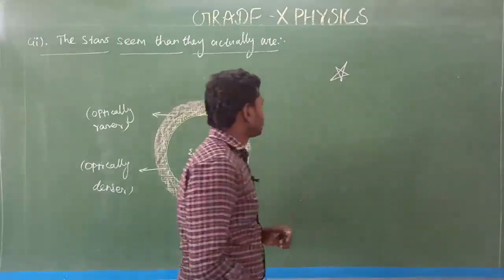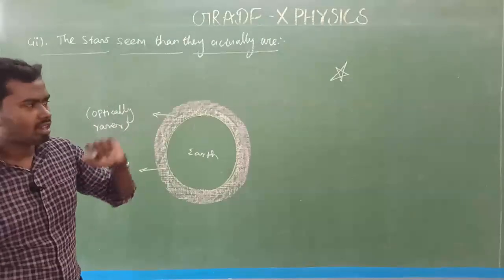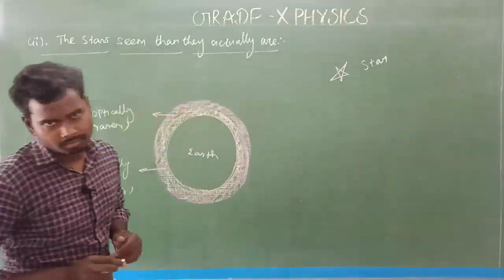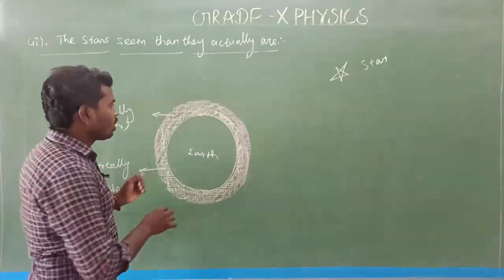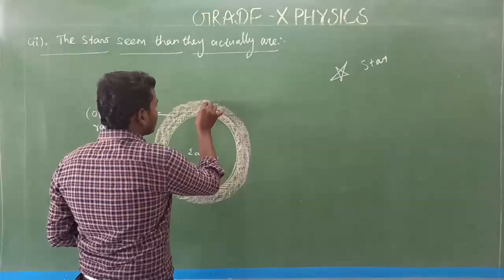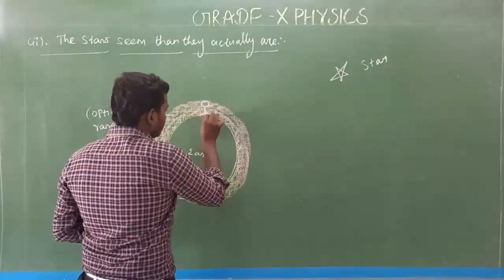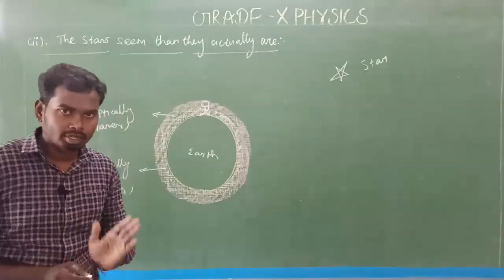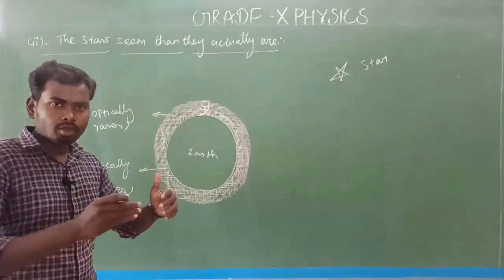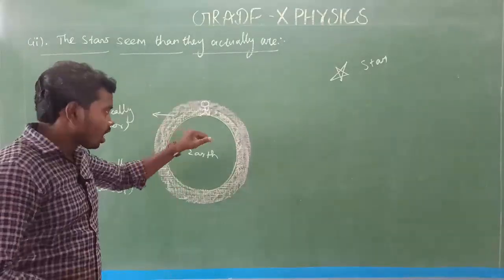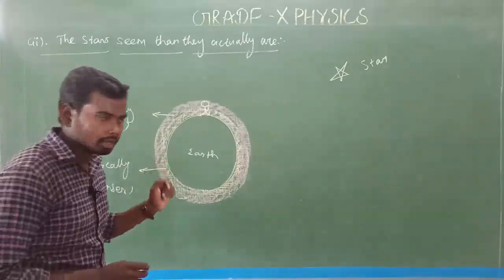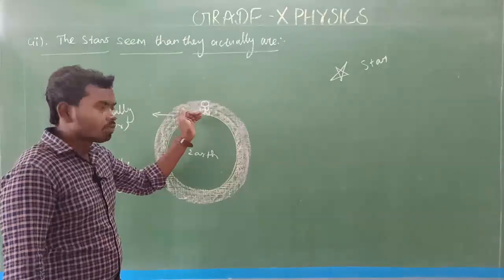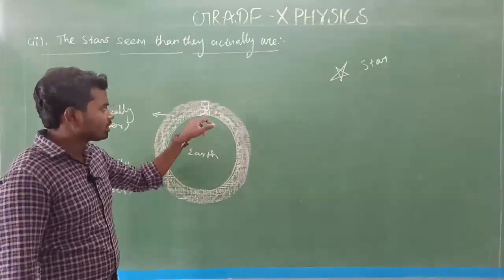Consider a star. That star is here. So we are observing. Look at here. We are observing the star right here on the Earth's surface. We are living on the Earth's surface, not in the Earth's interior. Is it clear? We are living on the Earth's surface, not inside. That is a very important concept here. So we are observing the starlight on the Earth's surface.